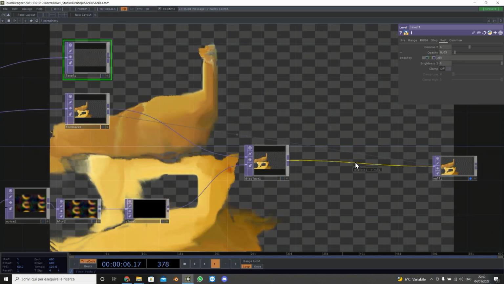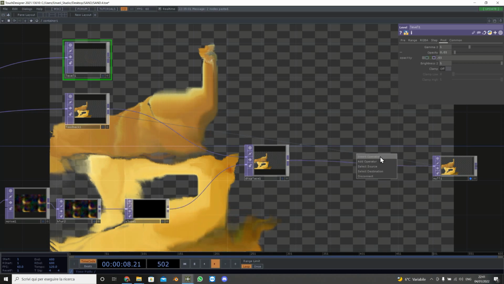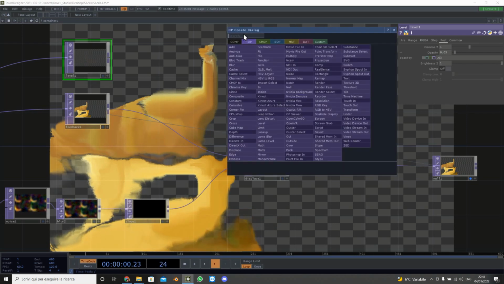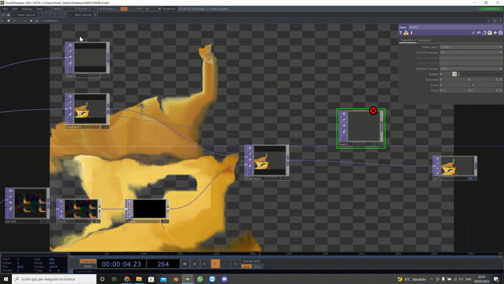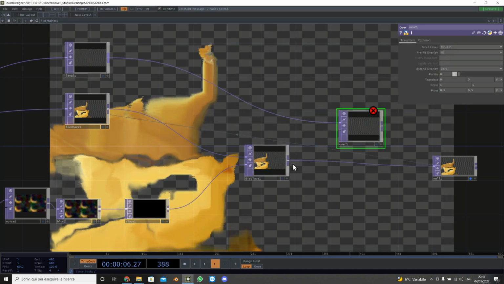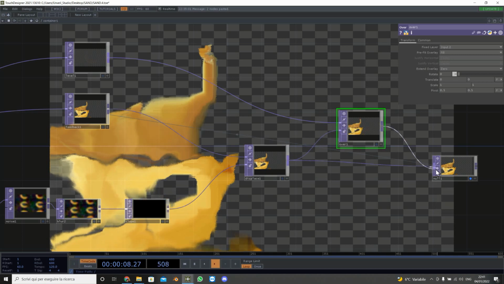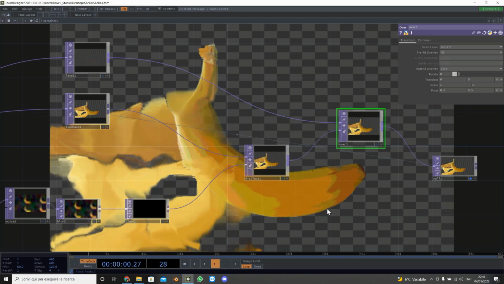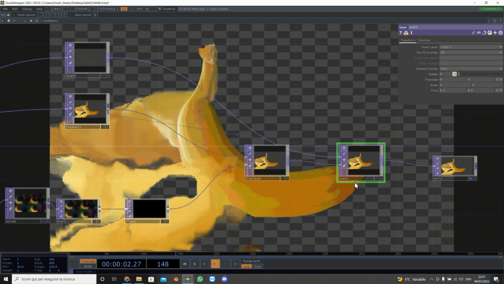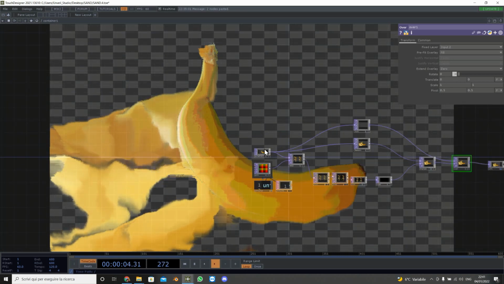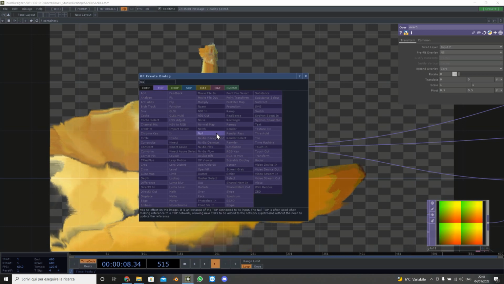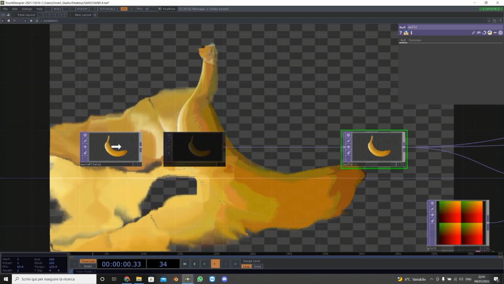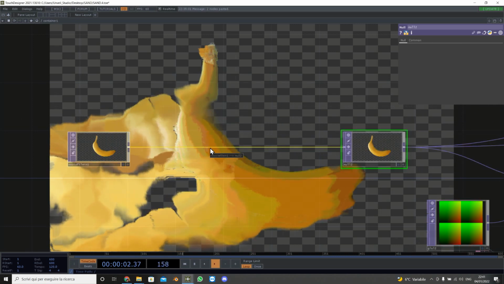Then we want to do an over because we want to put it over the actual banana, a little bit of banana, and this tiny bit in a feedback chain becomes what we need. Nice. Okay, so let's actually add a null here to make a bit of space in the beginning, and let's make the banana rotate